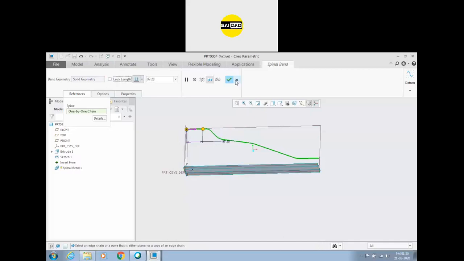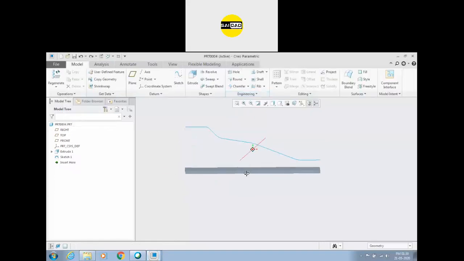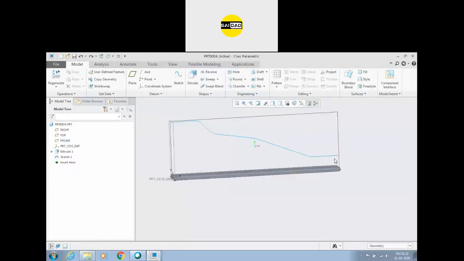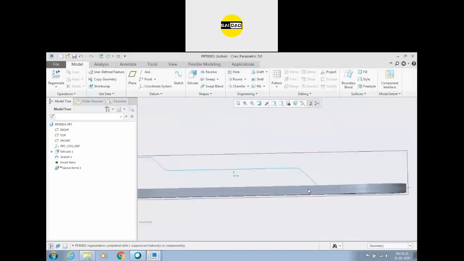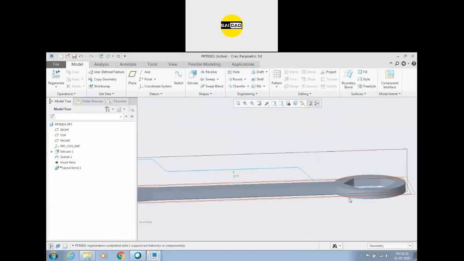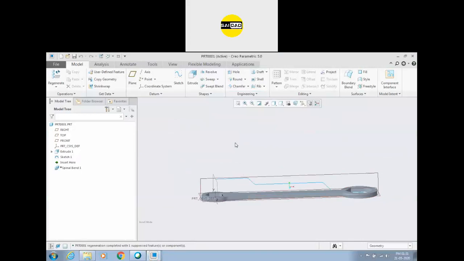It should be coincident. So make it coincident with the object and you will be able to create that. So here I have created this. It can be merged inside of the object and create the shape.